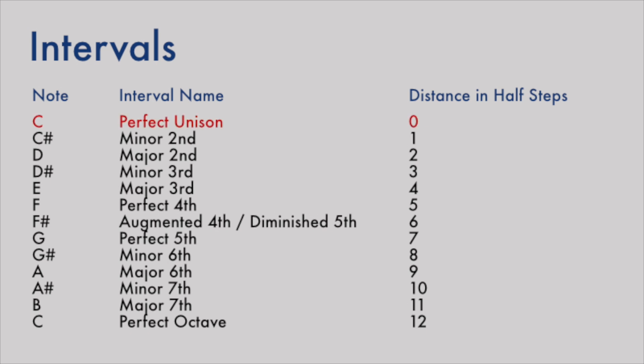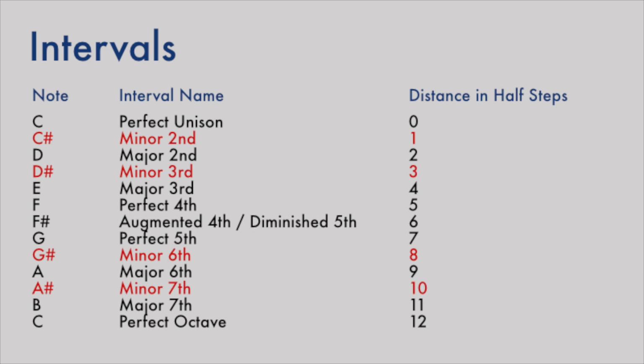If we would play two identical C notes in a row, it's called a unison, or a perfect unison. The other intervals that we just learned stay the same, but you can see that the major changes to minor when the distance is half a step less. So from C to C sharp is a minor second. From C to D sharp is a minor third, to G sharp a minor sixth, and to A sharp is